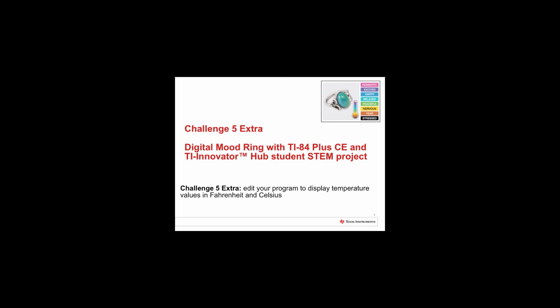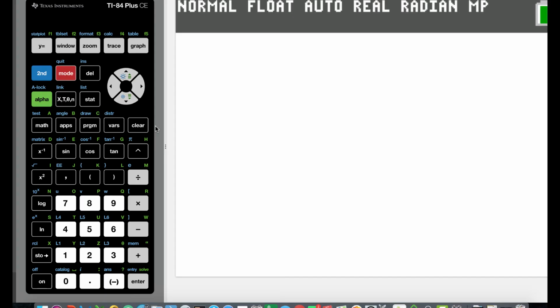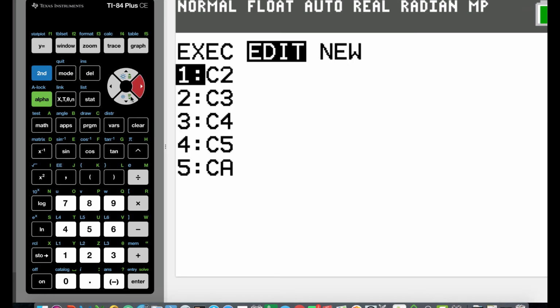There is an optional extra part of Challenge 5. In the extra, we will edit the program to display the temperature values in Fahrenheit. Along the way, you will learn how to insert, copy, and paste rows, and to assign values to variables. Let's go back and edit the program to display the temperature in Fahrenheit. Program, Edit,